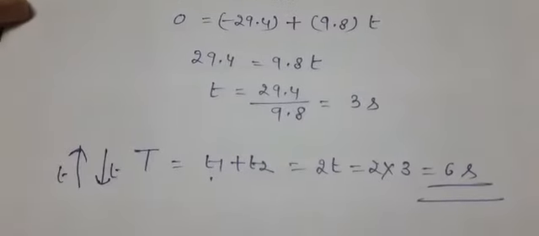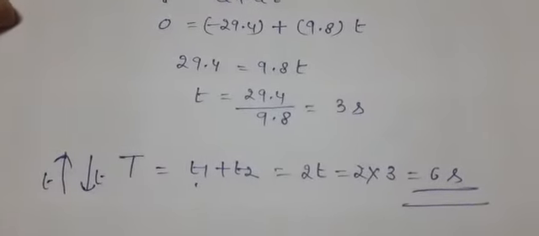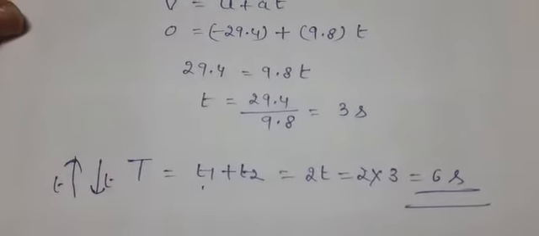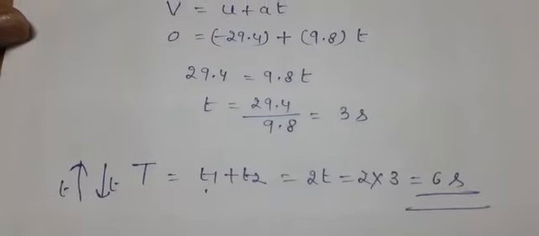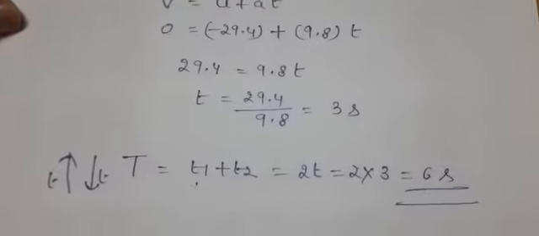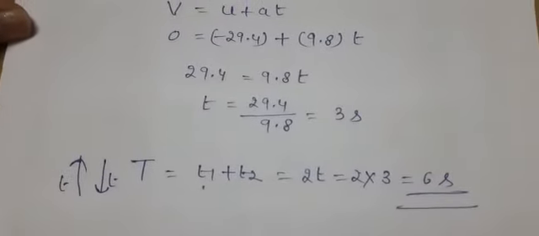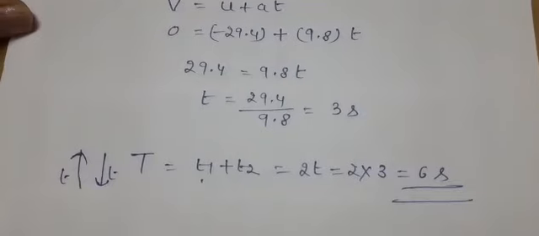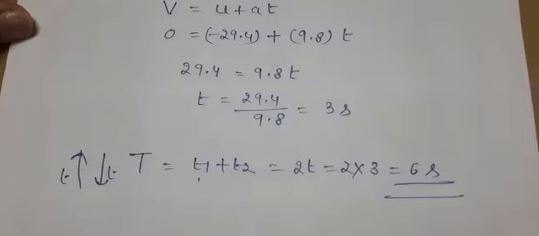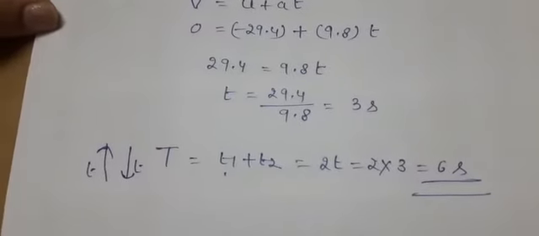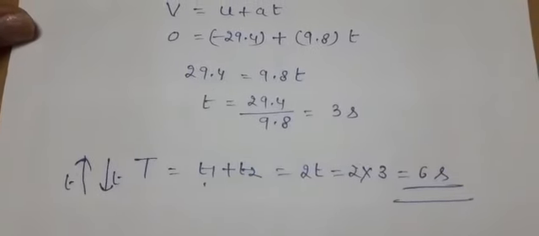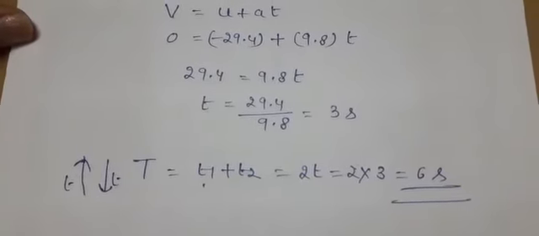So that's all for today. Let me recapitulate what we have covered. We introduced the derivation of equations of motion using the calculus method. Give it writing practice, otherwise it will be difficult to remember the steps. Secondly, we discussed distance traveled in the nth second, that means the last 1 second. The most important concept introduced today is the concept of sign conventions while using these equations of motion. So practice one or two extra numericals so that you get confident over the concepts of sign conventions.